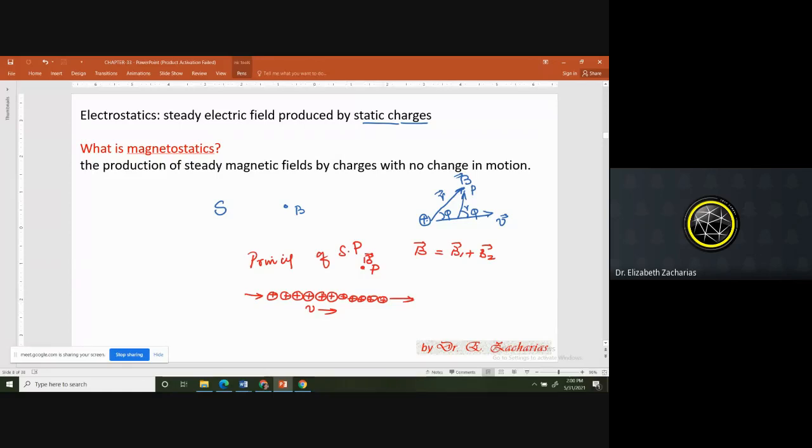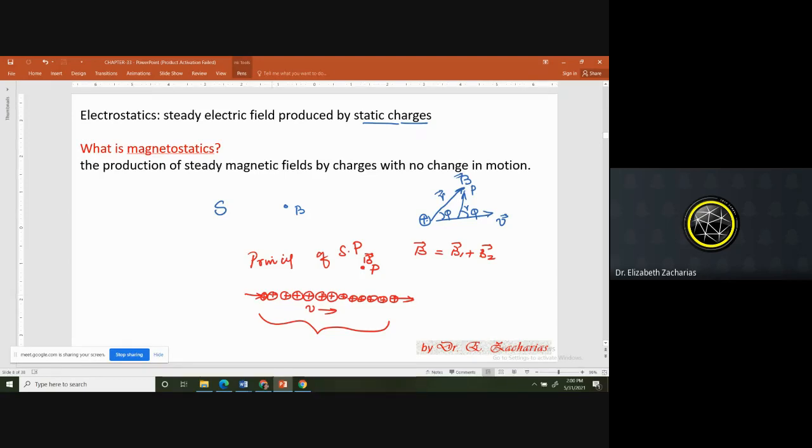So now, let's say I have 10 to the power of 30 charges contributing. If this fellow moves away, I'm just going to think of a line of this length where all my charges are. So if this fellow goes, another fellow would be coming into the frame. Are you understanding? If one charge goes out of the frame, another charge has come into the frame. So even after, let us say, 2 or 3 minutes, the net charges which are contributing to the magnetic field at that point P remain the same.